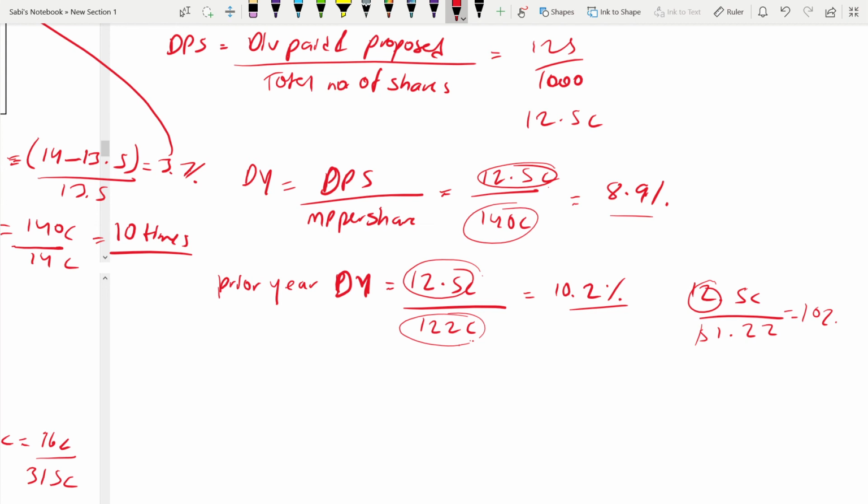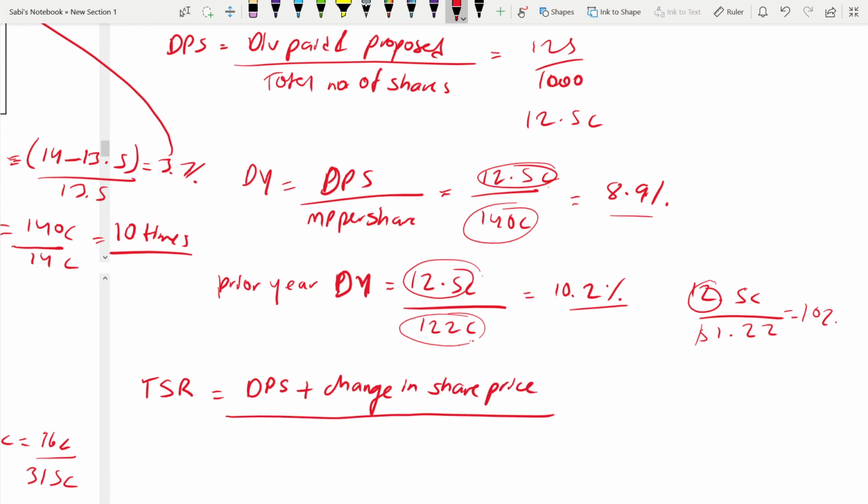Last but not the least, the TSR, total shareholder return. What is the formula? DPS, dividend per share, plus change in share price, divided by share price at the start of the period. In case you forgot the formula, keep the formula in front of you before you do the calculation, but it's not advisable to do so, because the main idea is for you to remember the formula and then apply it and do these questions. Okay,